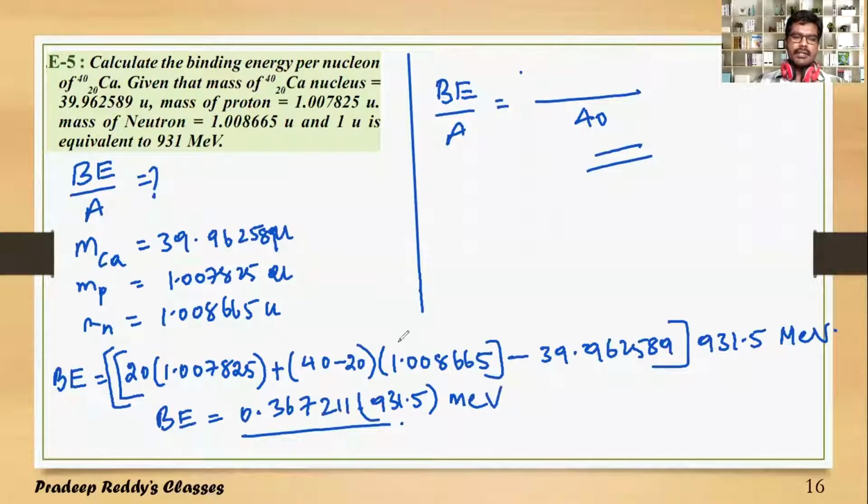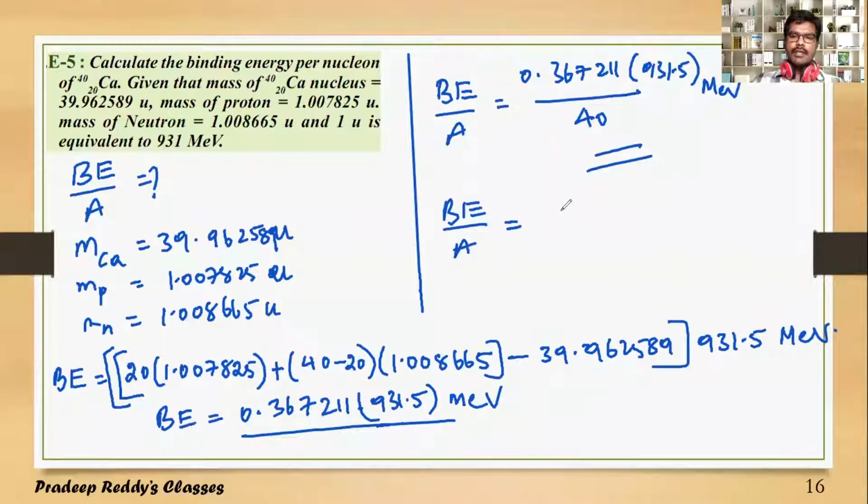This is the binding energy of the nucleus. Divide that by 40: 0.367211 into 931.5 divided by 40 million electron volt. So the binding energy per nucleon value is